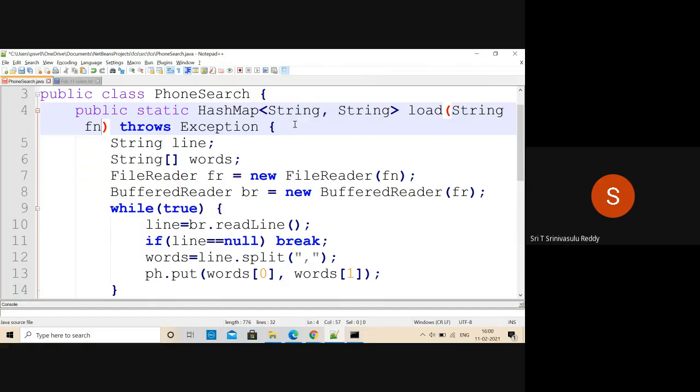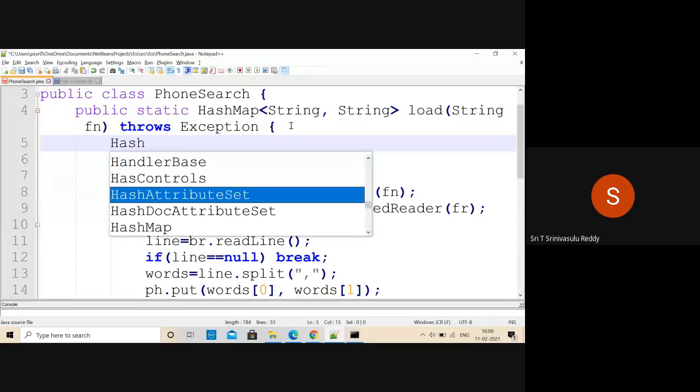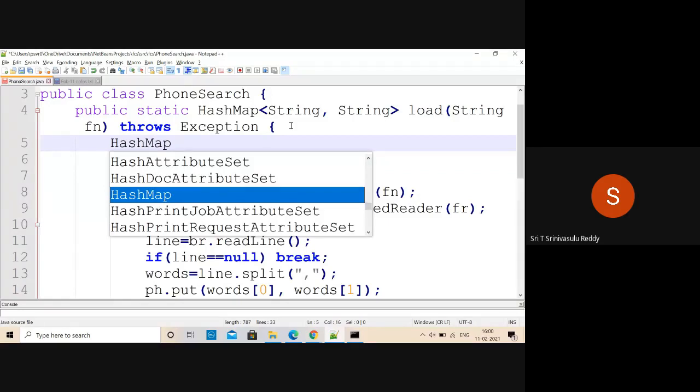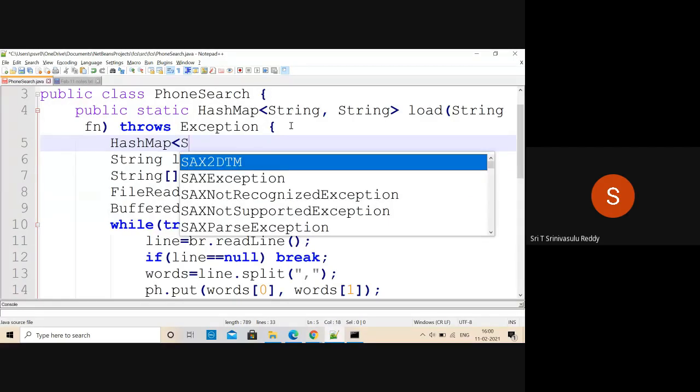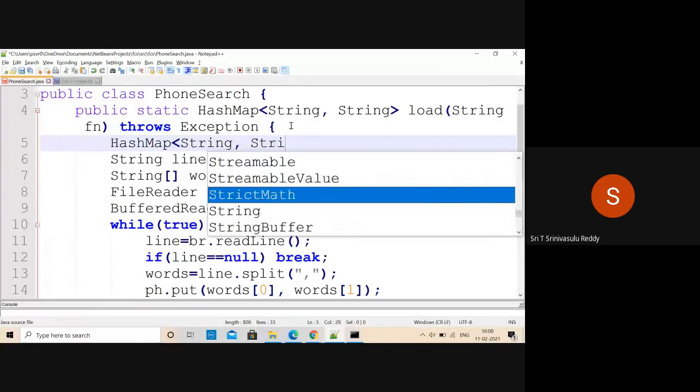In the earlier case it was created elsewhere and then passed, whereas now you have to create it inside itself. So how are you going to do that? HashMap of String, comma, String.